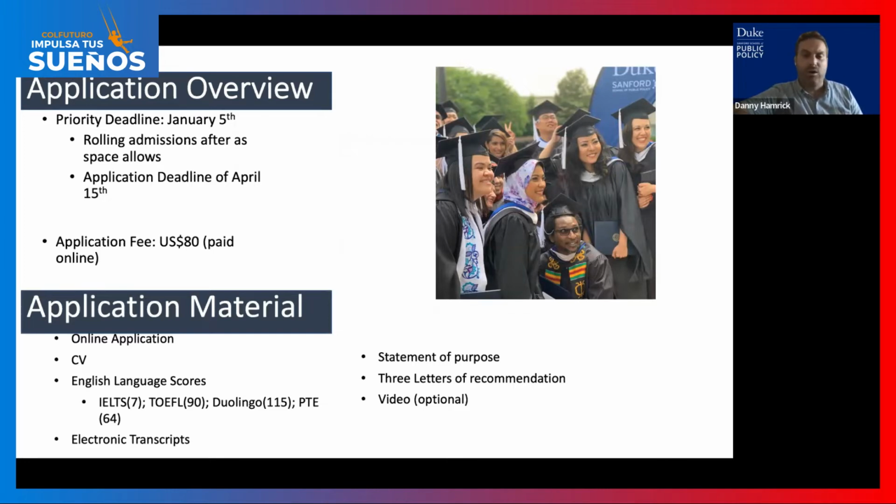If you are a Co-Futuro recipient, you are guaranteed a minimum of a 30% scholarship. In some cases, it can be higher. And you will also be reviewed for other scholarships and internal funding sources that we have at the school. For example, we have recently established, or been given a gift by a donor for, what's known as the Ava Staten Fellowship, which is just for students from Latin America and the Caribbean who are interested in engaging in policy